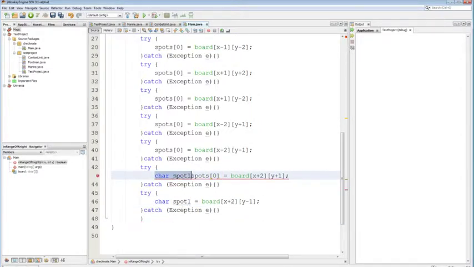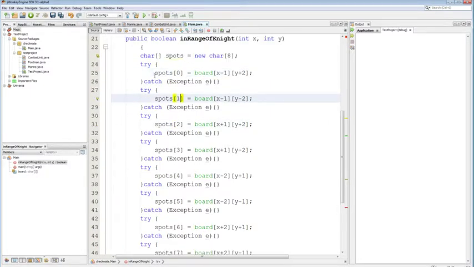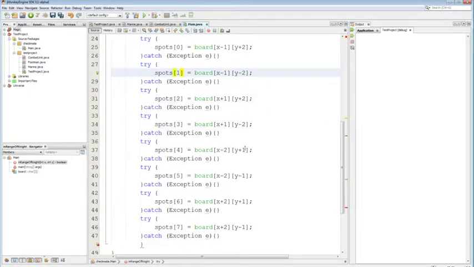Because if I declare the variables inside these try-catch blocks, these are brackets, anything I declare inside here is going to get lost when the try-catch finishes, and that's not what I want. Like I said, the actual correct way to do this would be to use a loop. Obviously, I said anytime you're going to copy-paste code, you should probably use a loop or make a method. But for simplicity,